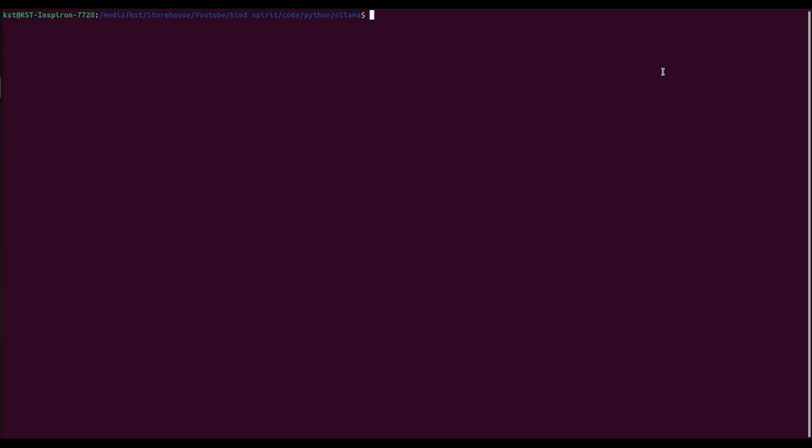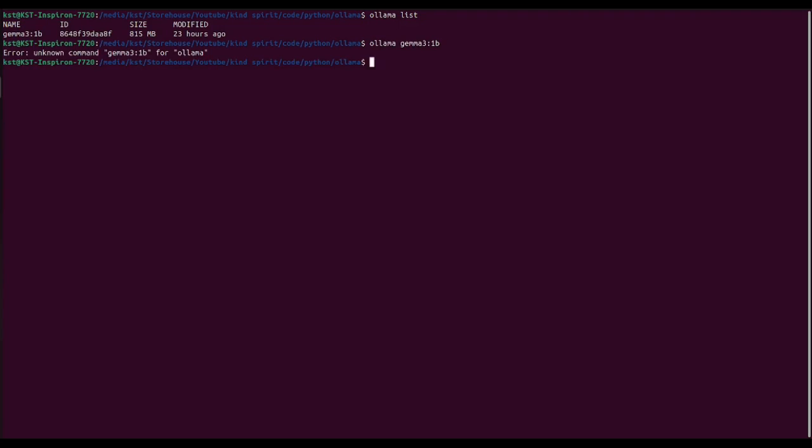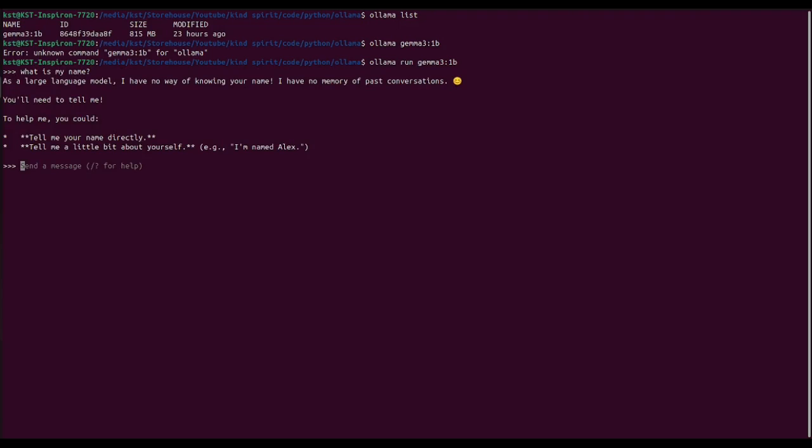For example, what I want to show you, I'm going to run Ollama list to show you what I have on my machine. I have Gemma 3 1B and I'm going to run this model. Alright, and now I'm going to ask something. What is my name? As you can see, this artificial intelligence has no clue what my name actually is. So I'm going to exit,